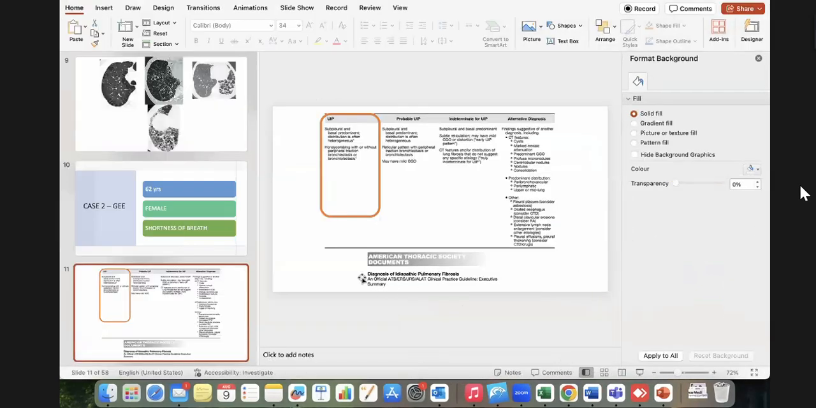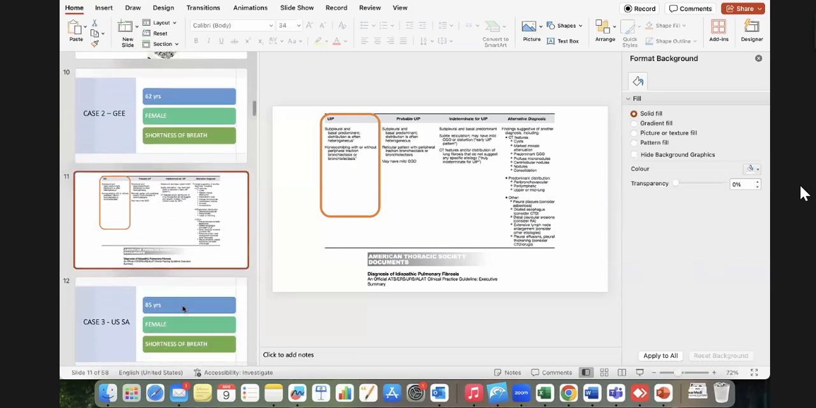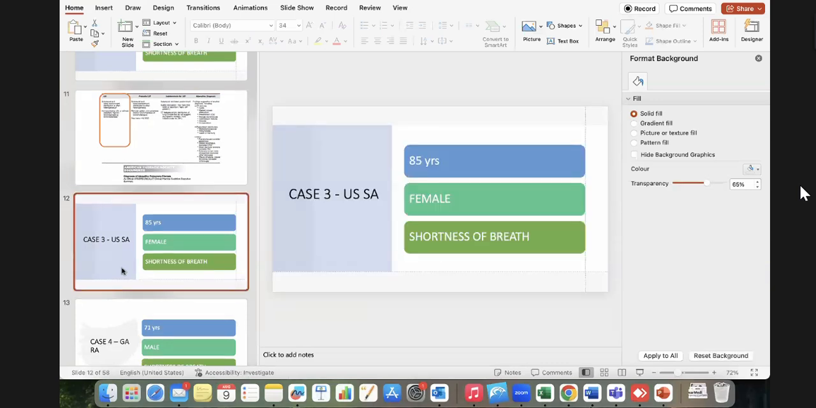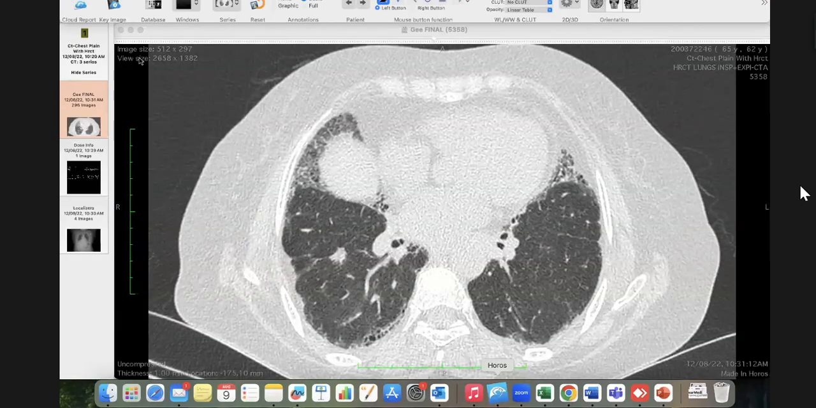So this is the table we are all classically used to seeing, the American Thoracic Society classification of UIP, and it lists very clearly the criteria which I have highlighted earlier in a bigger slide. So next we come to this case, which is an 85-year-old lady, and she has come with shortness of breath. No other history is forthcoming. And when I show you this case,